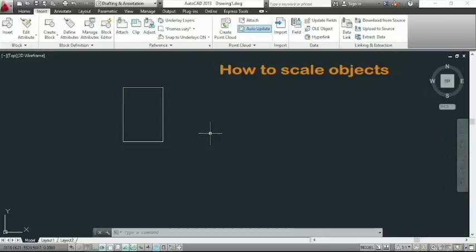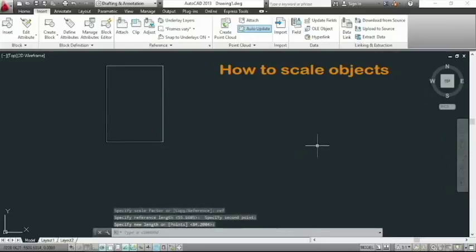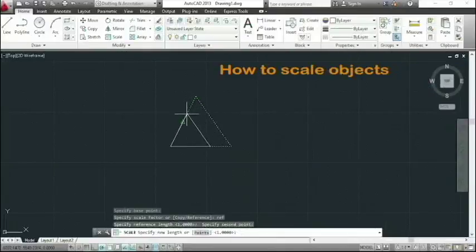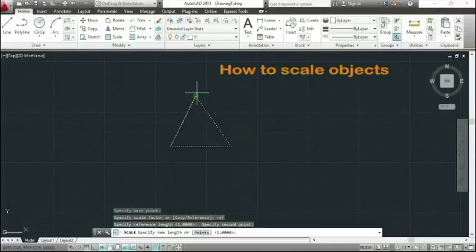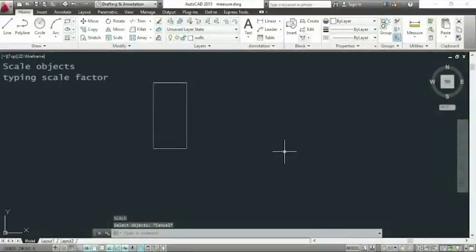How to use the command scale to change the size of an object. Basically, this is used to increase or decrease the size of a drawing. I recommend you not use this command for printing purposes. It's better to always draw at a scale of 1:1. However, if you need to scale a drawing in order to print it, you can check the link above. Okay, to change the scale of a drawing, I will click on the icon in the Modify section,